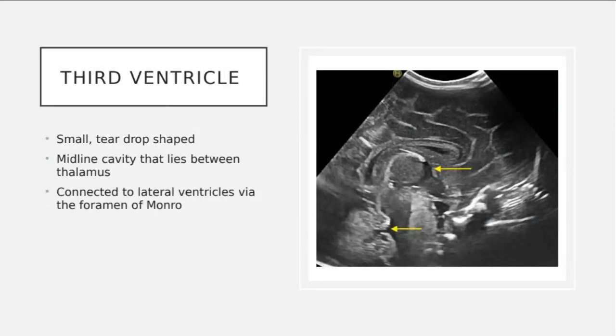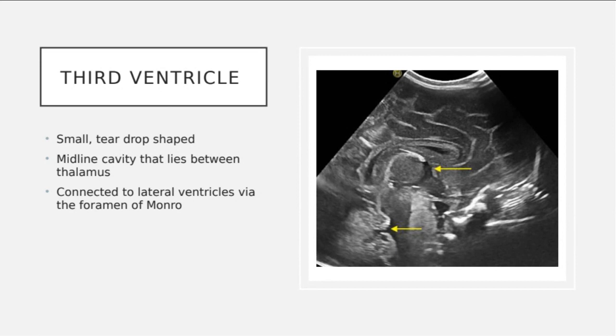Next, we have our third ventricle, super small, super hard to identify and isolate independently. This view is coming in from a sagittal view, so we are looking at the baby's head from the side in. It's going to be a small midline cavity that's going to sit right between the thalamus. Our thalamus is going to be a butterfly-shaped organ, and we'll talk about that in a second. So we're going to see this tiny, tiny, tiny little teardrop anechoic area right in between the butterfly wings